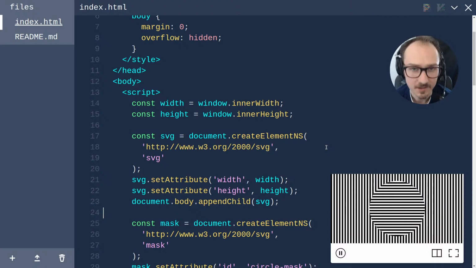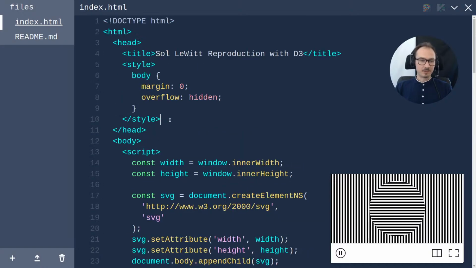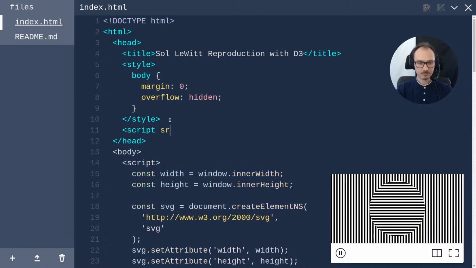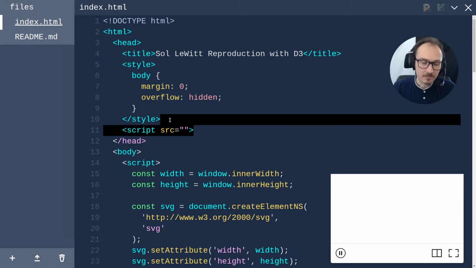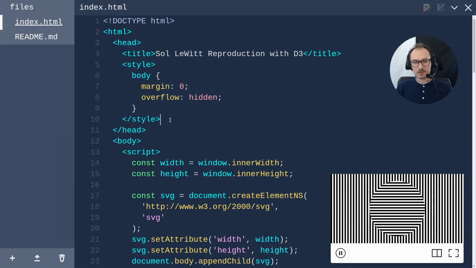The first order of business here is to include D3 into our app. One way to do that would be to add a script tag to the head and put the source equal to something, usually from a CDN like Unpackage. A CDN is a content distribution network that essentially hosts files on the web that you can pull in. However, in modern web development, usually you use a Node.js based build system, like Webpack or Rollup,